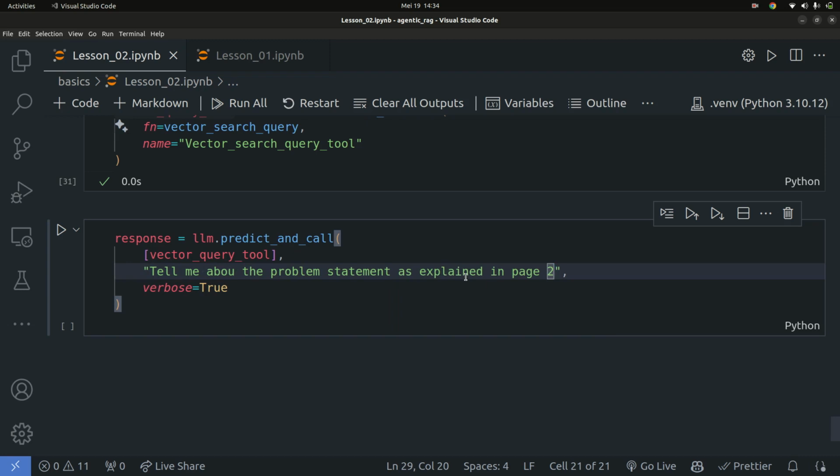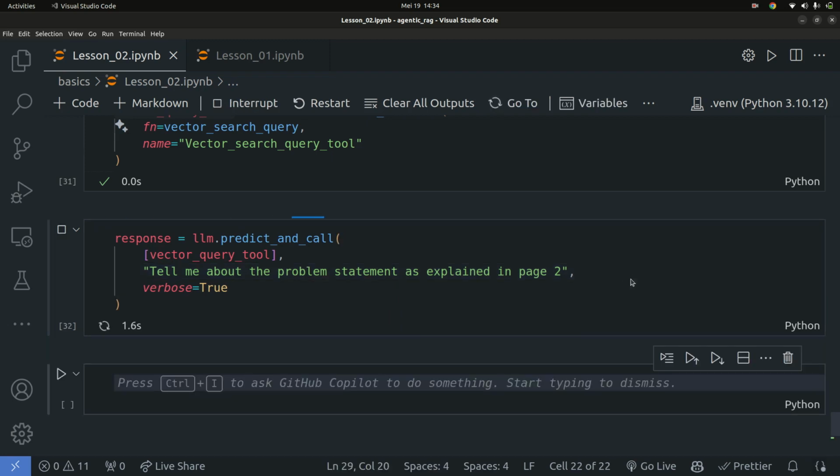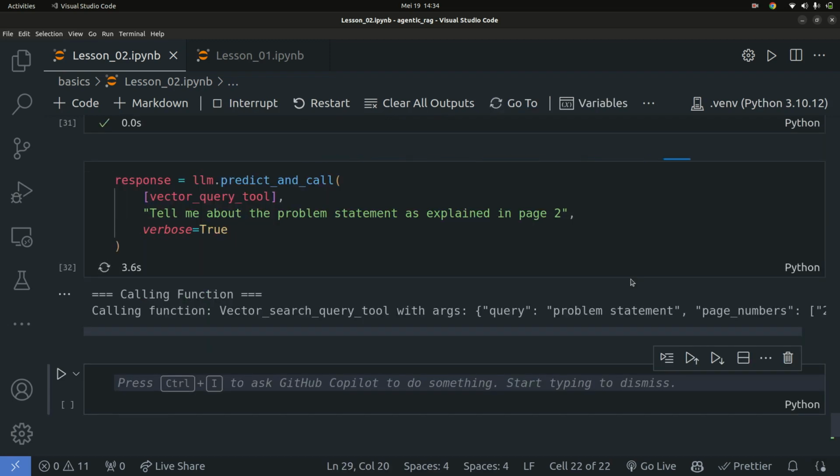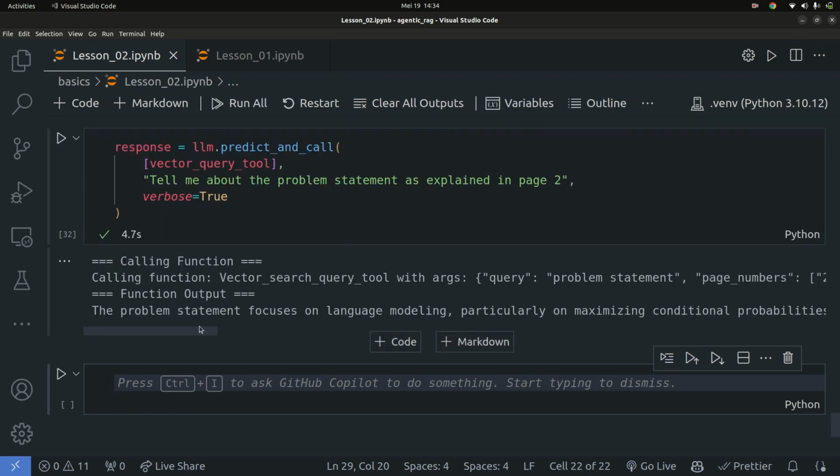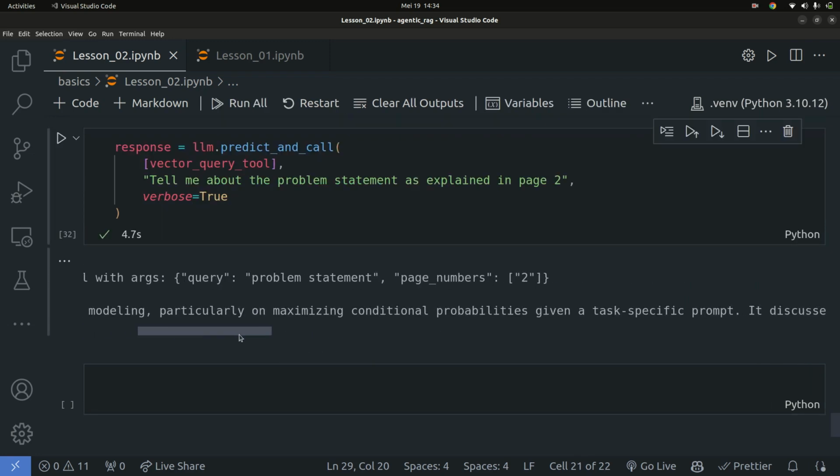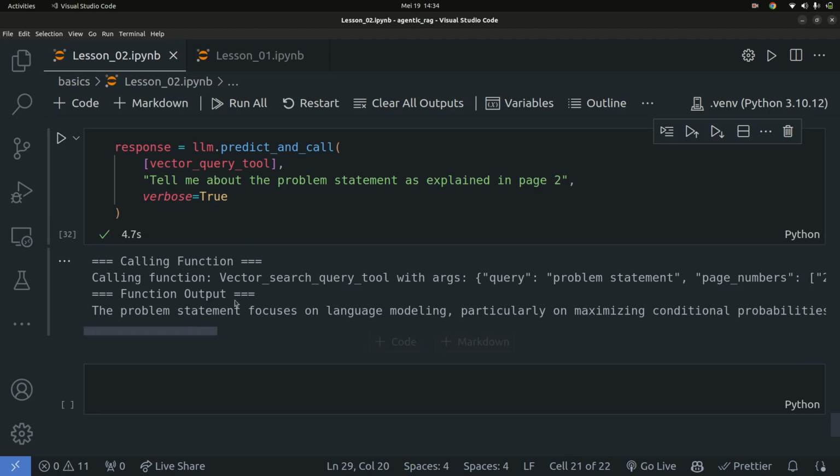Good. So basically, tell me more about the problem statement as explained in page 2. So this time, you're not specifying any statically defined information. It's going to call the tool, and it's going to specify the page number. You can see it's using page 2 and passing that as page 2. If I pass in page 3, it's going to give me summary information about that, right? So good. So that's basically how you can use these functions, turn Python functions into tools, or